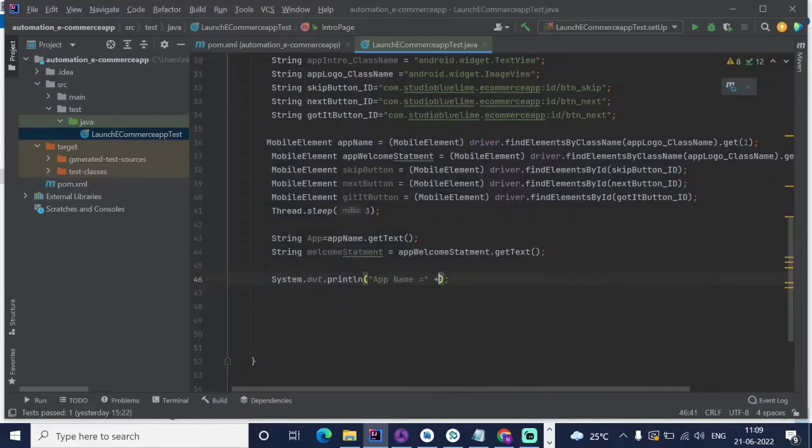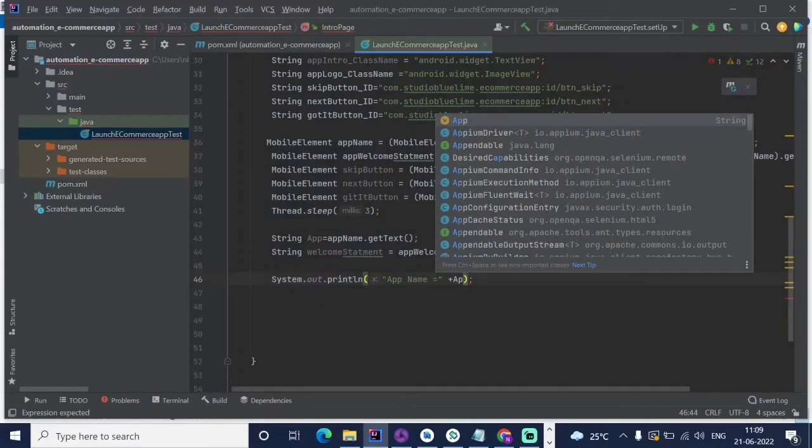App name equal to plus app, this we are using,